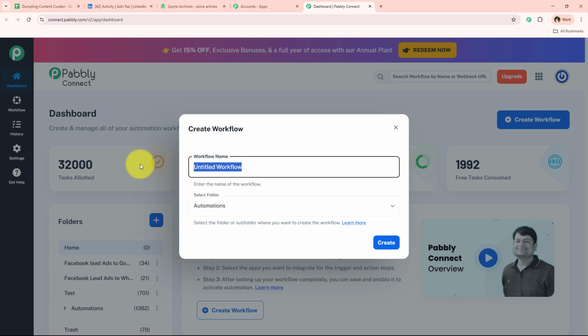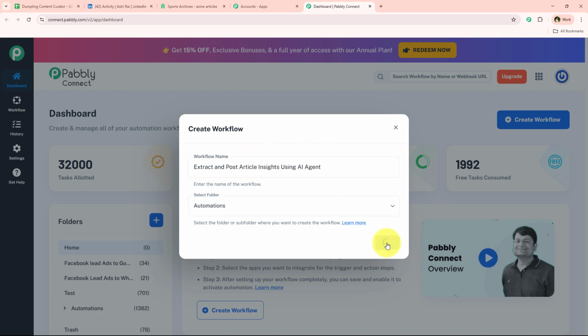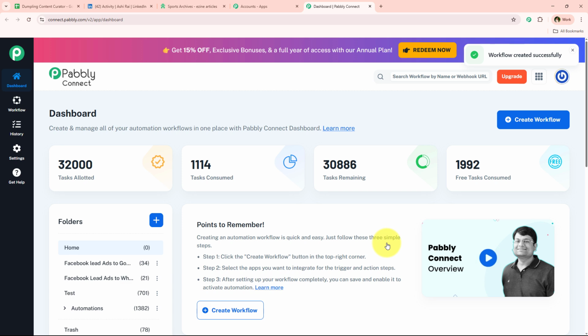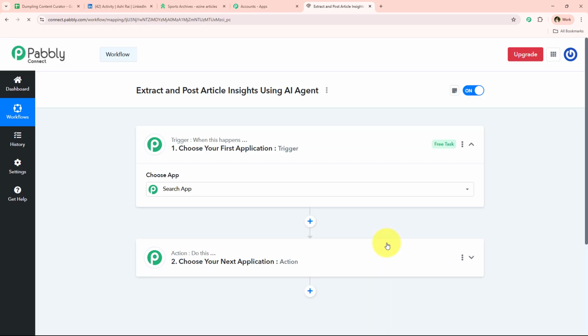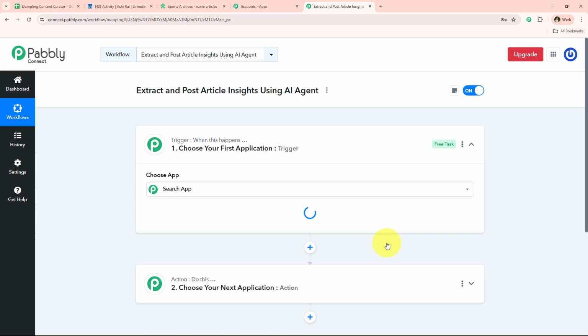and create your own. I've already created many, so I'm just going to save my workflow in one of these which is automations, and now I'm just going to name my workflow as this: extract and post article insights using AI agent. And then we are simply going to click on this button which says create, and once I click on this create, it is going to open the most important window of our automation, which is